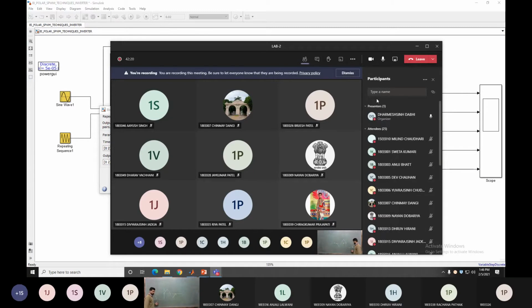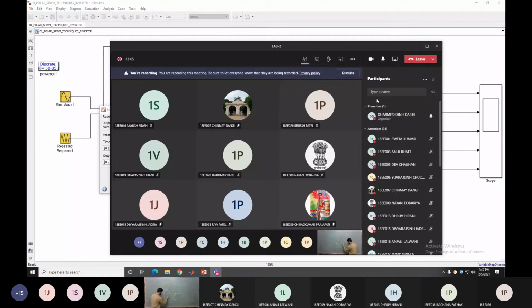The frequency is 1000. It means what is the total time of one cycle of the triangle? It is 1 by f, which is 1 by 1000. Yes or no? So what is the time here? At the starting, obviously it is 0 seconds. What is the time at this next point? That is the fourth part of the total time. 1 by f is the time duration of one complete cycle, T is equal to 1 by f. So that is the total time, 1 by 1000.